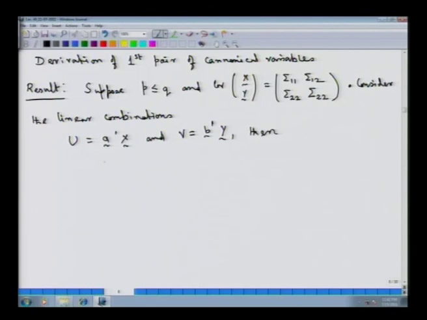Then the maximum over A and B of the correlation between A prime x and B prime y, let us denote that by rho 1 star. This maximizing correlation is attained